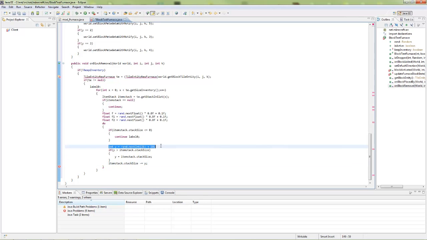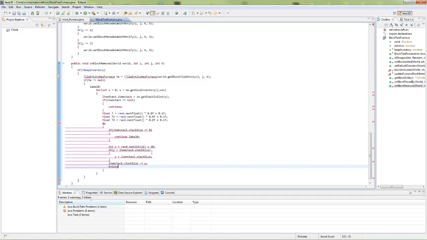Right, so basically if our variable between 11 and 31 is bigger than the stack size, then that variable equals the stack size, then our stack size is going to be minused by the stack size basically, so it depletes completely. Then we're going to make a new variable which is an instance of the entity item class, and we're going to call it EI, and it's going to be equal to a new entity item, and within this we are going to plop in our world variable,